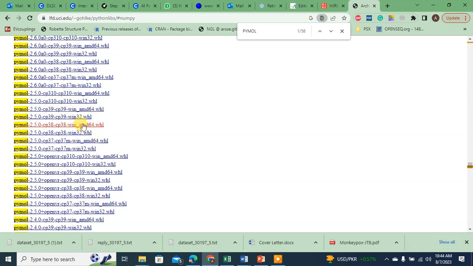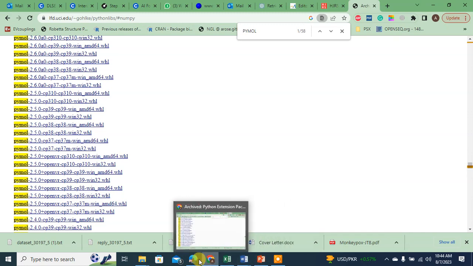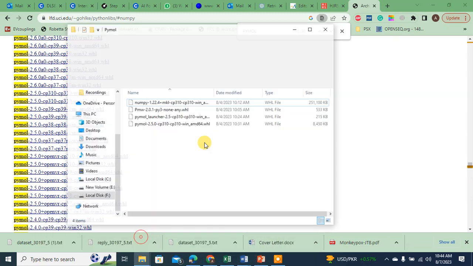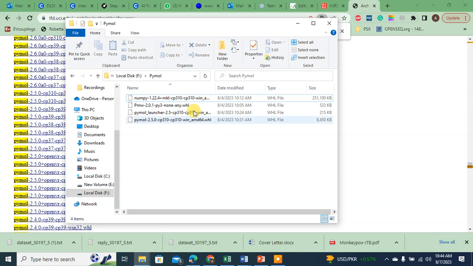If you have 32-bit with Python 3.9, you will download this one. If you have Python 3.8 with 64-bit, this, and so on. So download the file compatible with your system, with your architecture. Download it and keep it in this folder. Now you have 3 files,